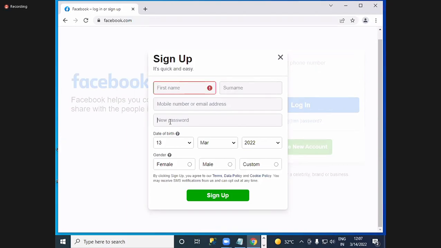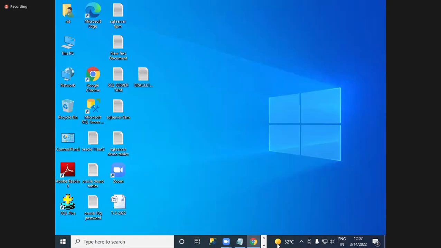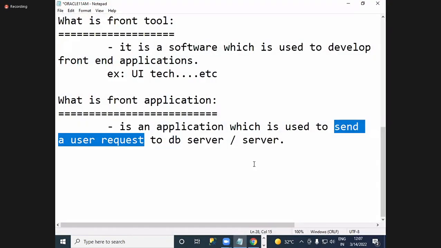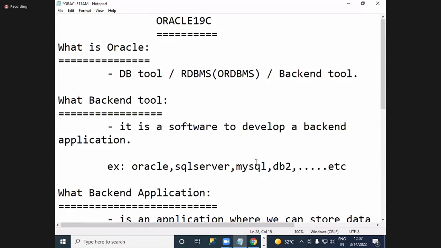So these are the two forms, guys, which play a very important role when you develop your projects in the IT industry. Of course you are learning front-end technologies, and this one is the backend. Now we have some idea of what front-end and backend are. Yes or no? Yeah.